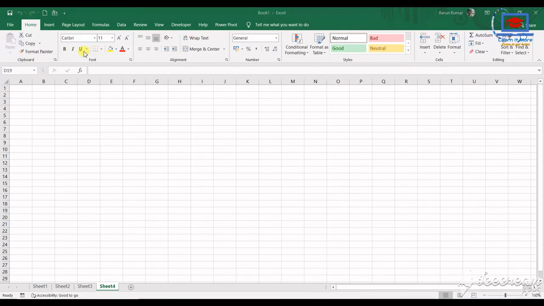These ribbons are further divided into small groups by these lines. Each of these parts is known as a group. So this is the Clipboard group, this is the Font group, this is the Alignment group, and so on. And inside these groups, we have our commands.